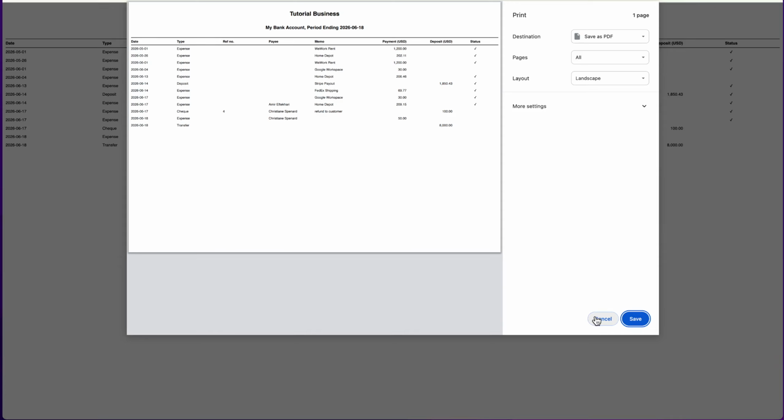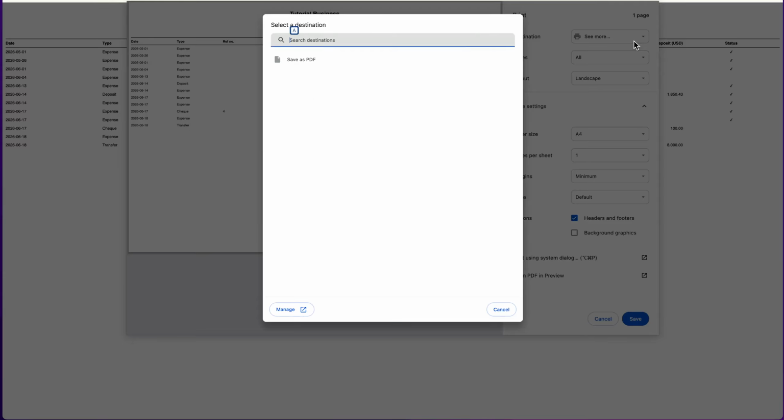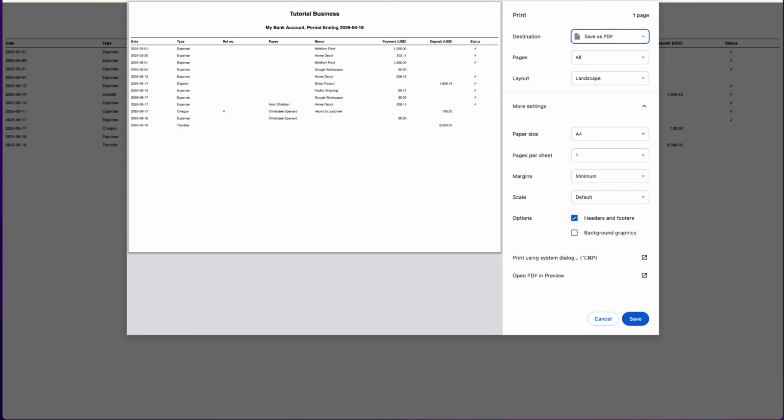Once you're satisfied with the accuracy of the report, click the Print button. This will open your browser's print dialog box. In this dialog, confirm that your printer is selected, check the pages you want to print, and make sure everything looks good to go. If necessary, adjust the print settings. For example, you might need to change the scale, orientation, or margins to ensure the report fits neatly on the page. Once everything is set, proceed to print the report. And that's it. You've successfully printed your bank